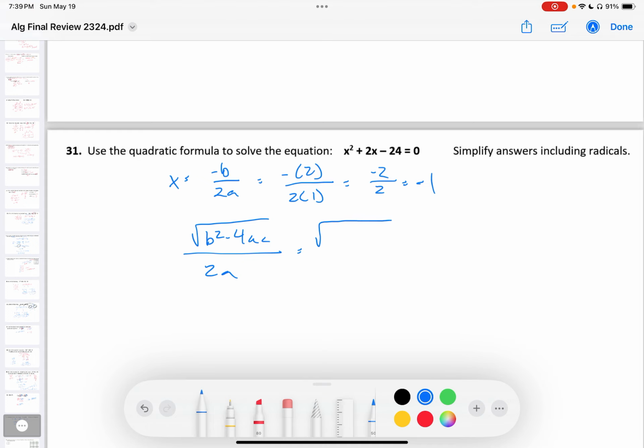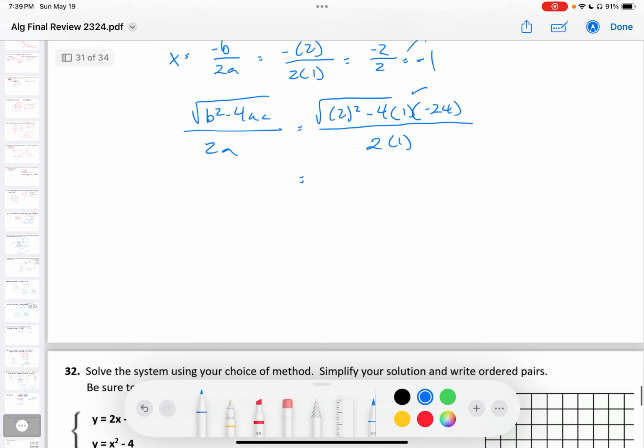Square root of b squared, I should say. My b value is 2. Minus 4 times an a value of 1 times a c value of negative 24 all over 2 times the a value of 1. So let's start to simplify that again, holding on to that negative 1 up there. 2 squared is 4. Negative 4 times 1 times negative 24